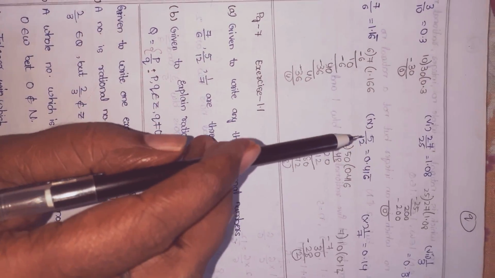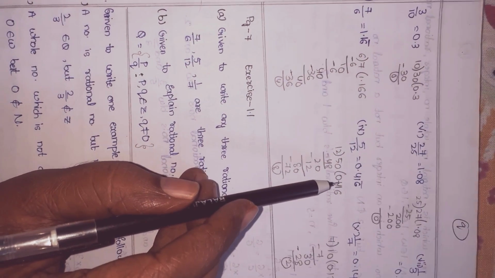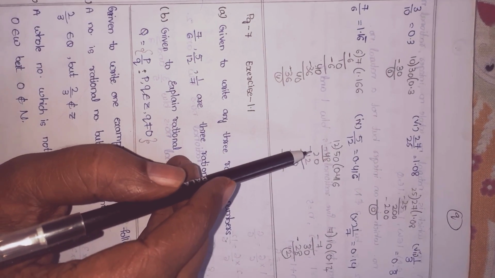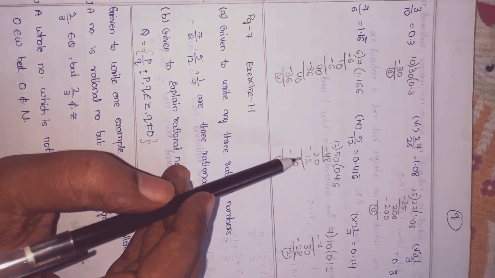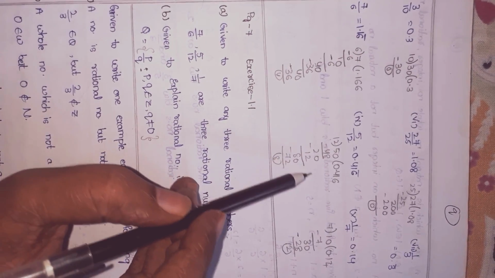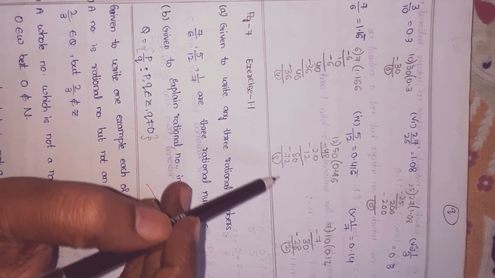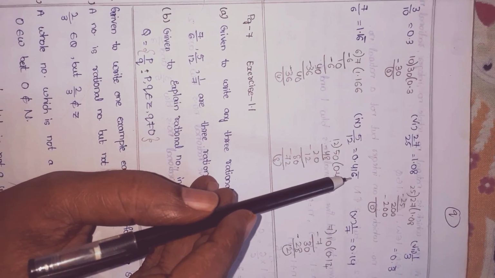Next in this ninth one, children, 5 by 12. So 12 into 5 is not possible, children. Keep the point, means 50. 12 4s are 48, children. 50 minus 48 is 2. Already the point is there, keep 0. 12 ones are 12. 20 minus 12 is 8, children. The point is there, keep 0. 12 6s are 72. So again 8. So here 6 is repeating, children. So 0.416 bar. Only 6 has the bar, children.